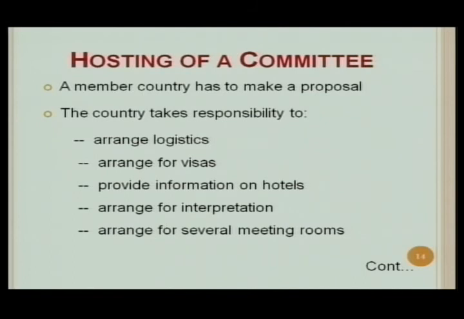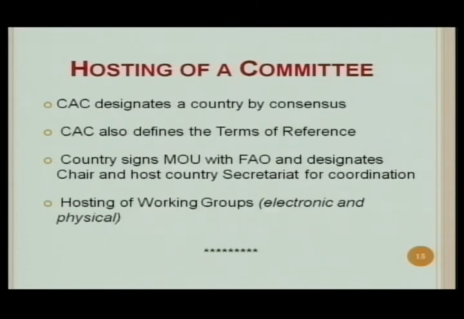All these things are a commitment which have to be made by a host country, and India has made all these commitments when it came to hosting of the Spices Committee. And in that process, there is an agreement which has to be signed between India and FAO on behalf of the Codex Secretariat, that India would be willing to do that, and all countries follow that same process. Then once that is done, once the Commission